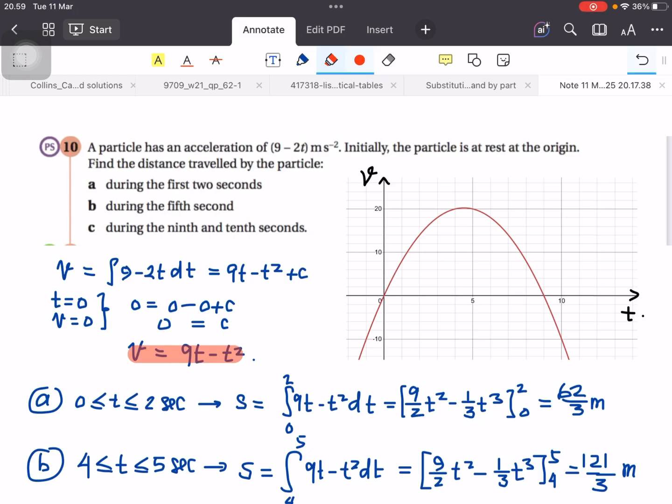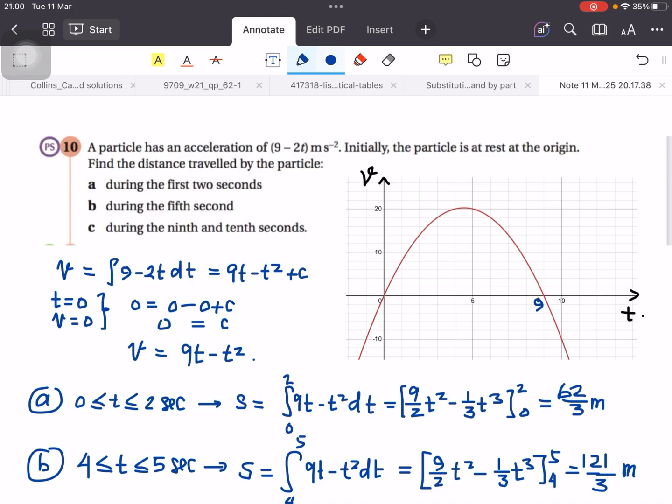And then before we answer all the questions here, I think it is a good thing that we sketch the graph of the velocity versus time. So as you can see here, there are 2 different times at which the velocity is 0. The first one when t equals 0, and the second one when t is equal to 9. You can check this one. You can find the value of t equals 9 by factorizing this quadratic expression.